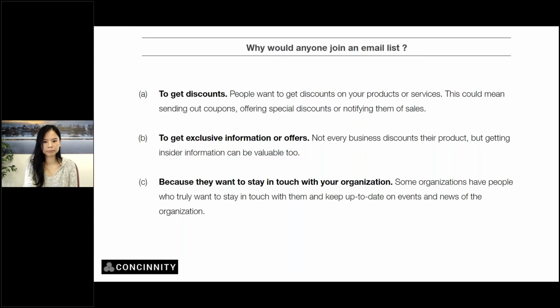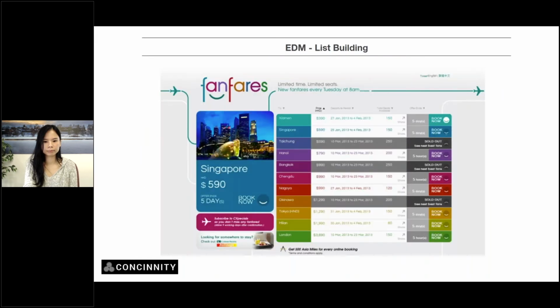Now, in terms of getting discounts, which is point A, let's look at that in a little more detail with an example. I've seen the list, and I'm sure 98% or 99% of the audience is from Hong Kong, barring a few from the Middle East and other places. So I've taken the Hong Kong example. Everyone's heard about Cathay Pacific, right? Doesn't matter which part of the world you're in, correct?